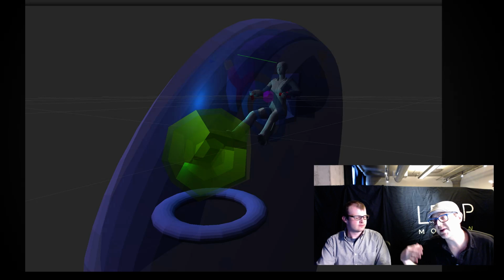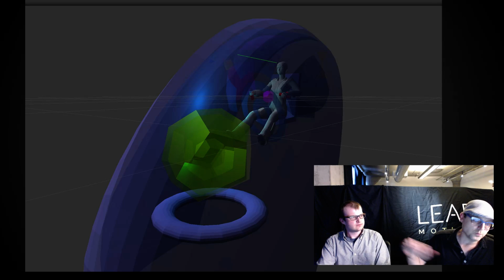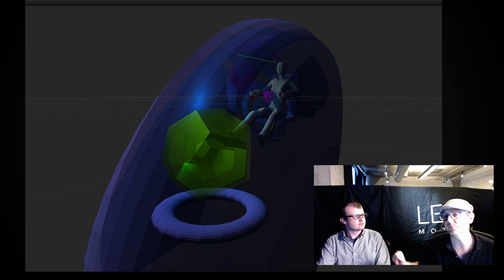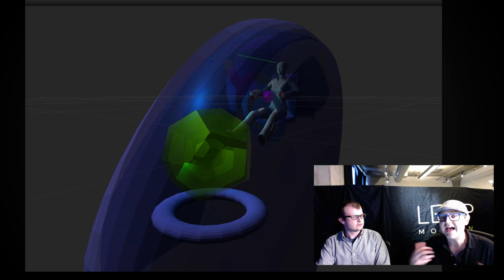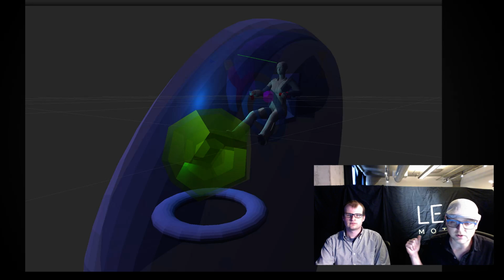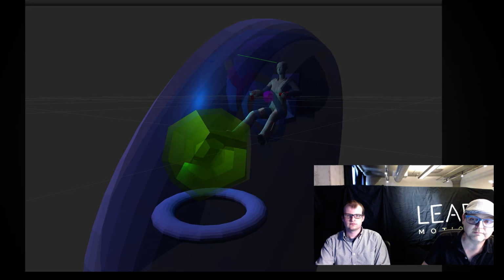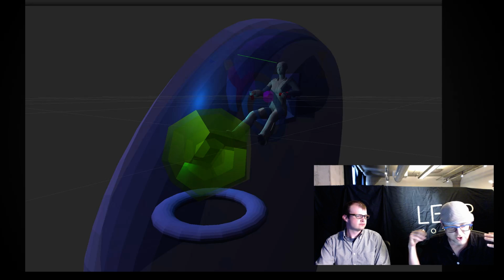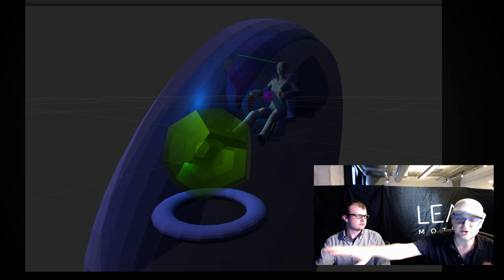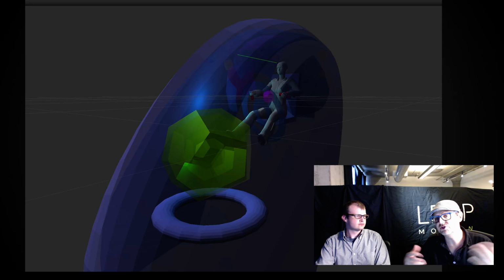As we started to build a spaceship cockpit, we needed to know, what kind of console should we put in front of the pilot? What's going to be easy to reach? What's going to be ergonomically comfortable? What's going to make the button pushes effective? And what would be fun? So we started doing quick massing experiments in Maya. In Maya, you can quickly sketch up a model and toss it into Unity, put on the Oculus, and if you have Leap in your Unity scene, you just can start reaching out. So we would do these quick geometrical massings